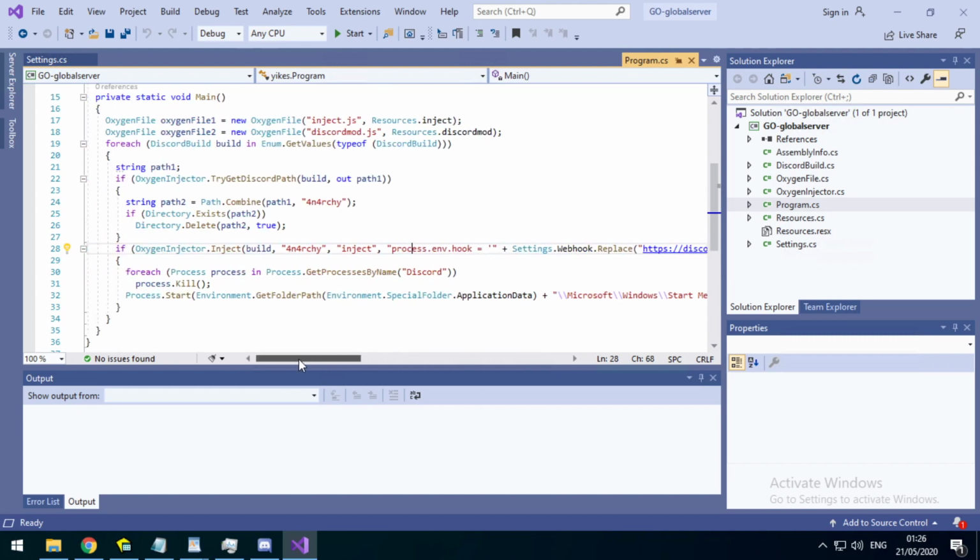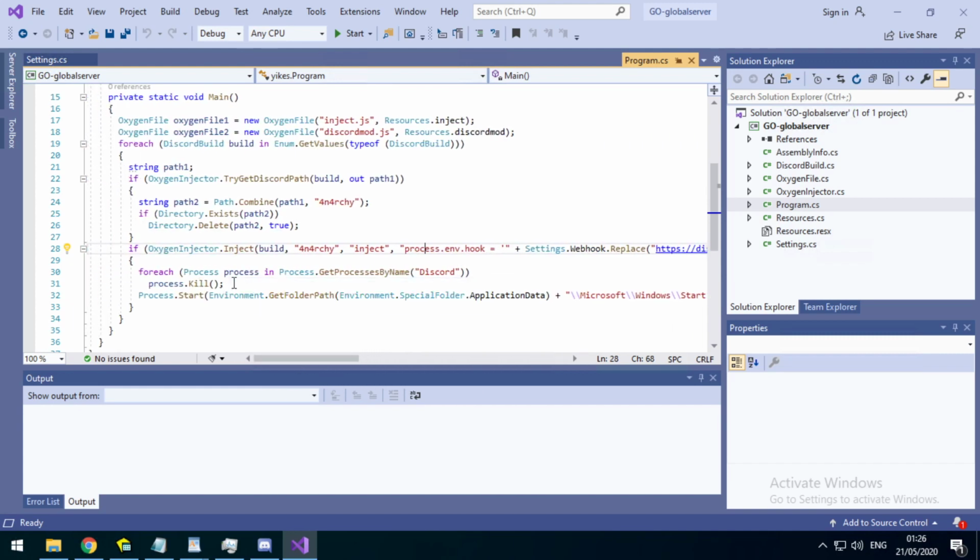And then it kills Discord and restarts Discord. So in other words, what we saw is this code here running. It killed the process and then started it back up.